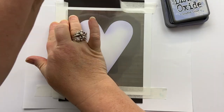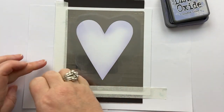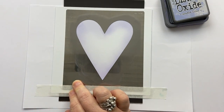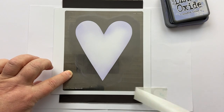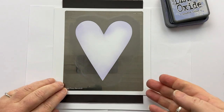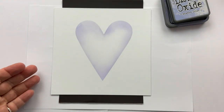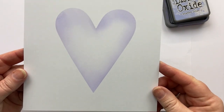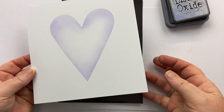Voila! So I'm just peeling off this low tack tape, which is gorgeous. It doesn't mark my card. Exactly what I need. And then I'm flicking it off. So even though it didn't look as though I'd got very much on there, there we have it, our outline